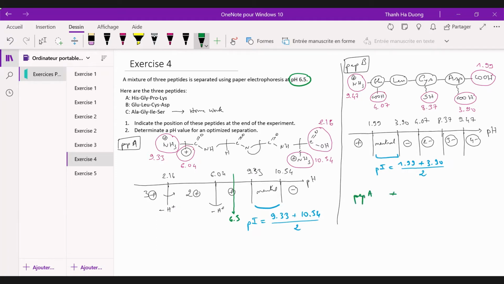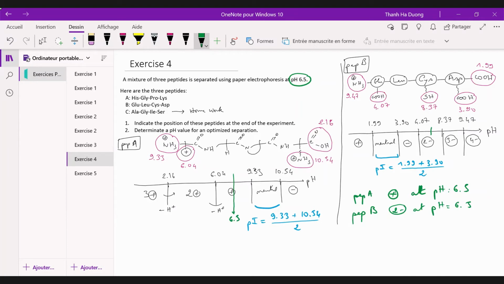And for peptide B, it will be here. So 2 minus. Okay, so next week you have to tell me what is the charge of peptide C at pH 6.5, and